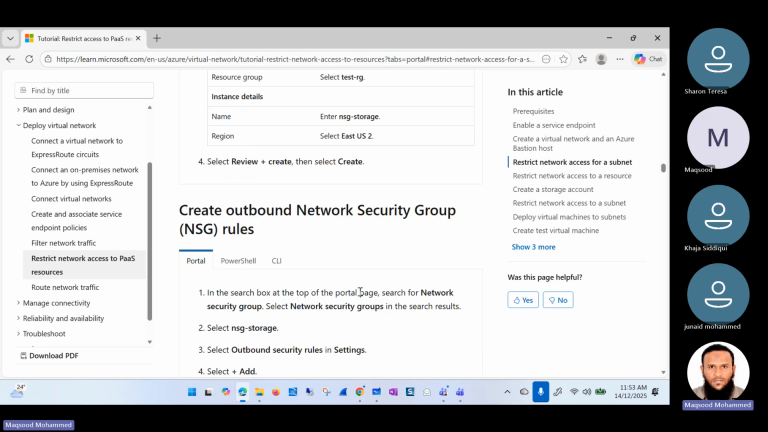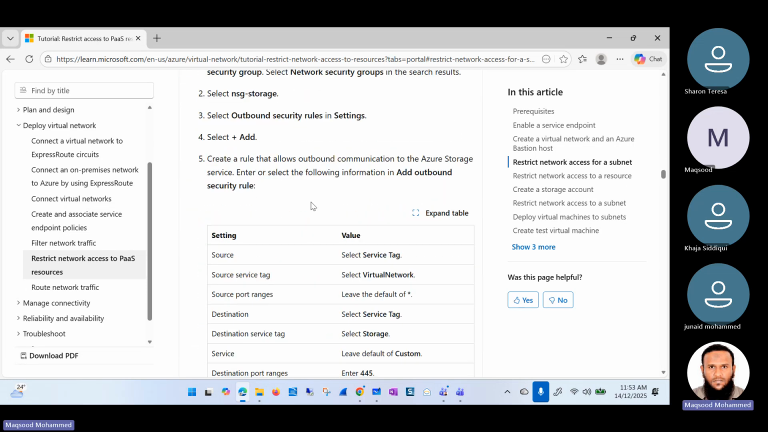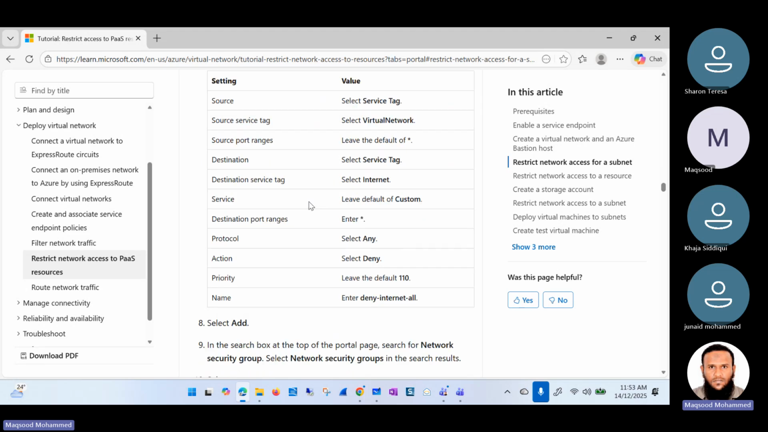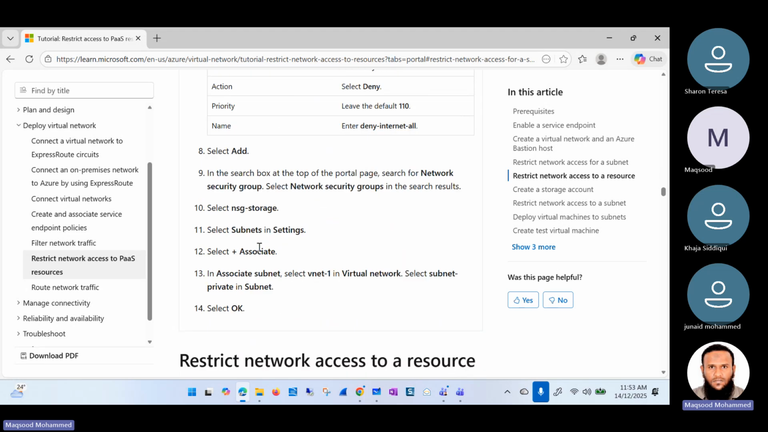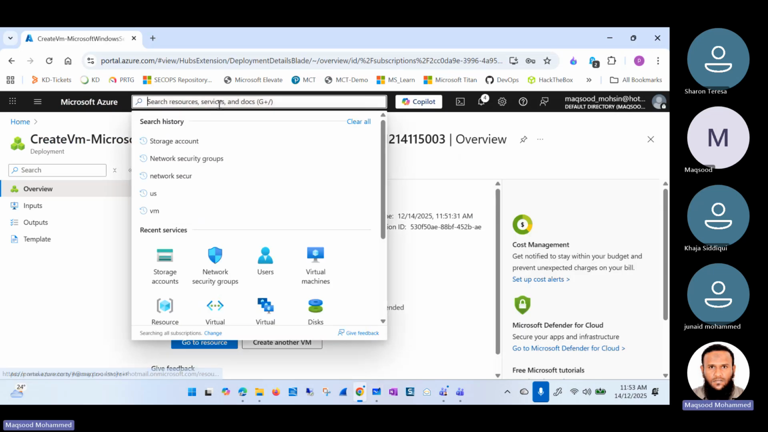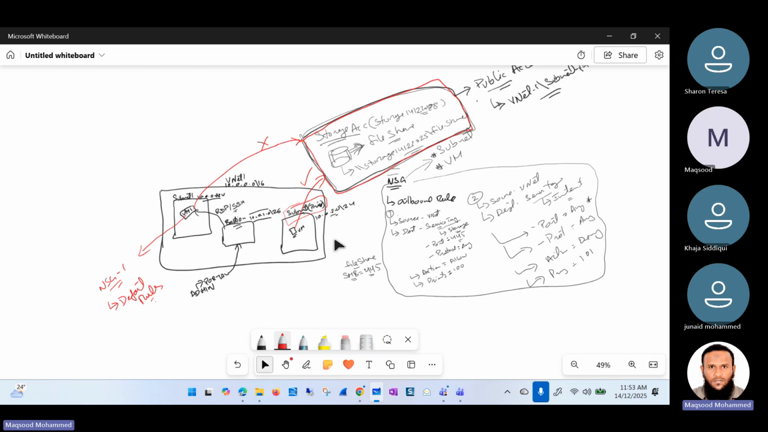Now we have to associate the group, right? Let's see. So we skipped that part. We created the rules. Here we are associating this network security group. So we are going to network security group. Again, let's go to that network security group. In the network security group,